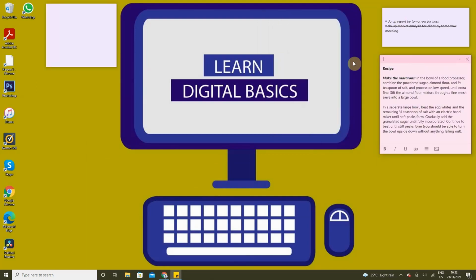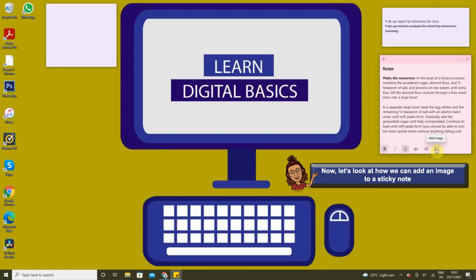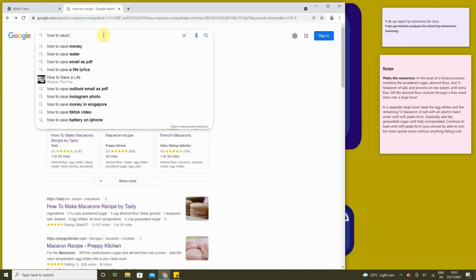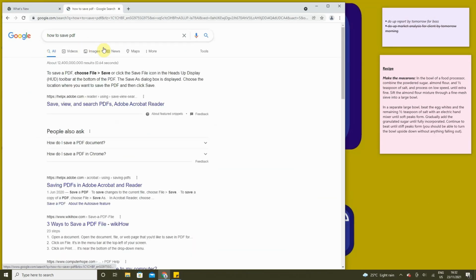So for that, first I'll create a sticky note, and so far what we have looked at is how we can go about typing into a sticky note, how we can copy and paste content from other platforms into a sticky note, and now we'll look at how we can go about adding an image to a sticky note. Okay, so for that I'll need an image. So what I'll do is I'll head to a website, I'll snip the content and I'll save it as an